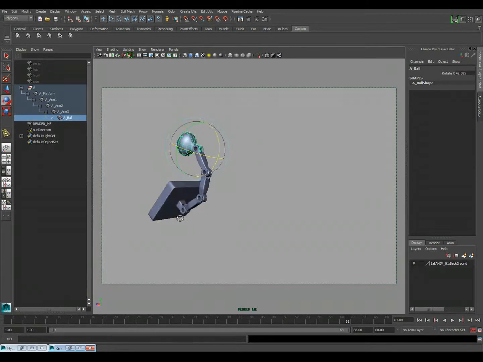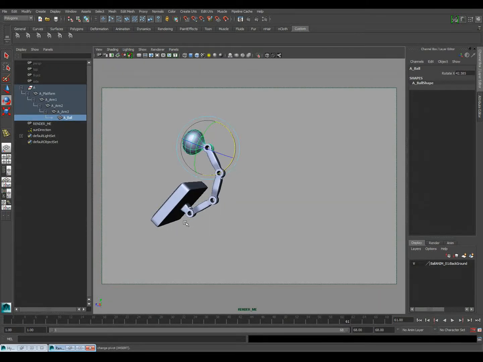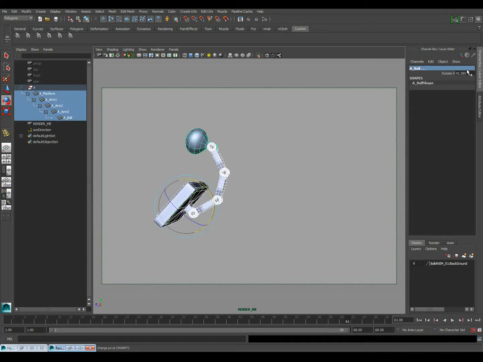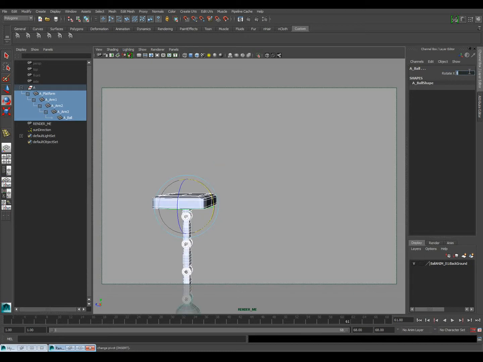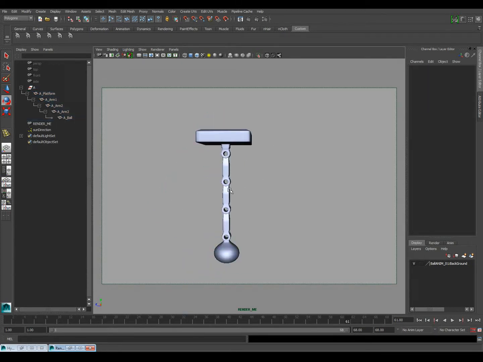There's another type of rotation, and we won't really talk about that very much, at least not in this exercise, but it's called IK, which stands for inverse kinematics. Inverse kinematics is when you can grab the end connector, or the end of the hierarchy, and by moving it, the entire arm moves with it. It's actually really easy and quick to pose, but it has a lot of limitations on how your animation works with that. So let's go ahead and grab everything here. I'm just going to zero this back out just so we can start working with this. And let's talk about how